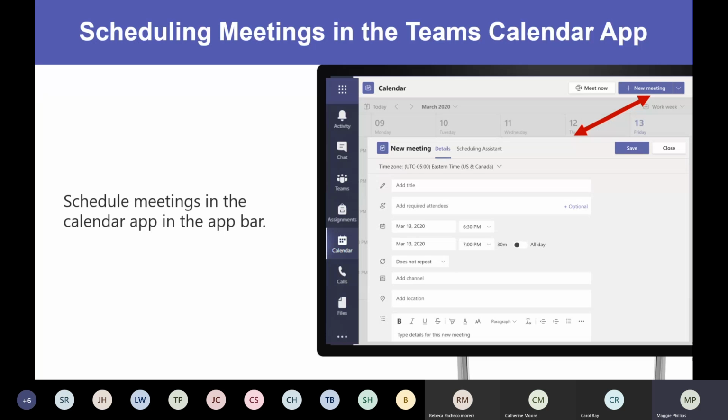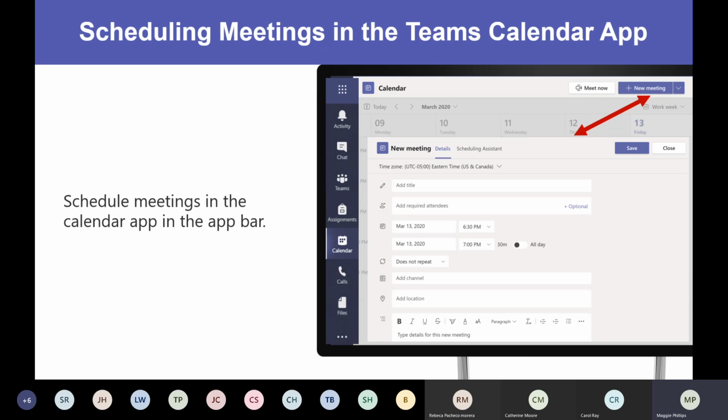Again, this eventually will be syncing to your Google Calendar. So when you click on that calendar app, content will be displayed that represents what's on your Google Calendar. So to get started, once you're looking at your calendar from clicking on that calendar icon, you'll notice that in the top right corner, there is an option for a new meeting. And what this does when you click on it is it opens a window that allows you to provide the